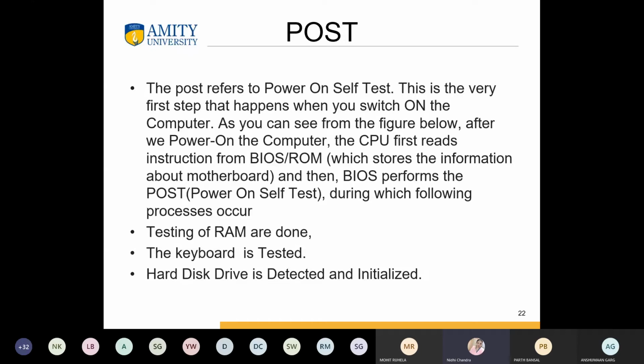Then the keyboard will be tested, whether you have interrupts on your keyboard, which is your input device. And the hard disk drive is also detected and initialized, meaning if you want to read something from that hard disk, that should also be functional. And all these operations are done with the help of this power on self test, where a signal is sent to each and every piece of hardware which is connected. And if you have your mouse connected, if you have lots of devices connected when you start your system, there will be a time delay,